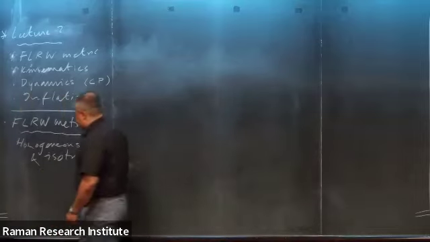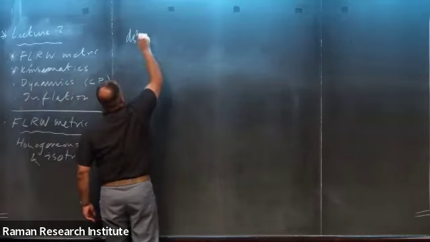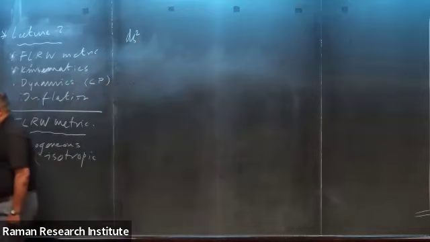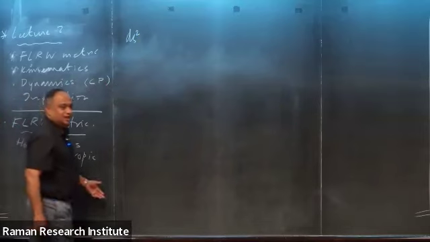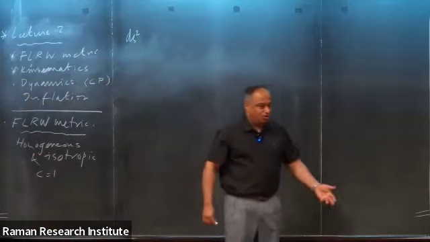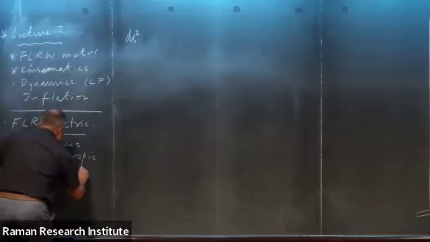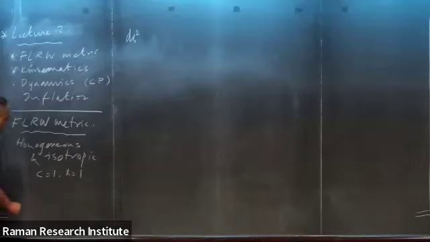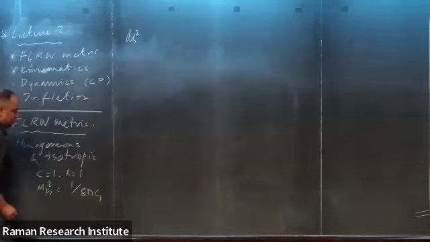A generic metric can be written in this form. Before I write that, a couple of conventions I realize I need to include. I'll work with c equal to 1 units. When I need to generate perturbations, etc., I need quantum mechanics, quantum field theory. I will later set h bar equal to 1 as well. And M_Pl squared, the Planck mass, will be 1 over 8 pi G, G being the gravitational constant.